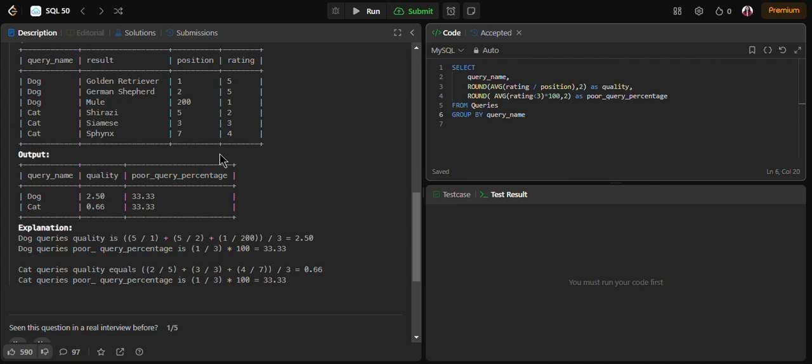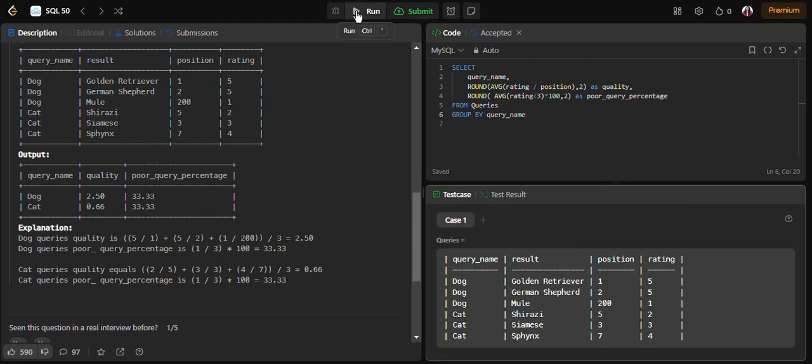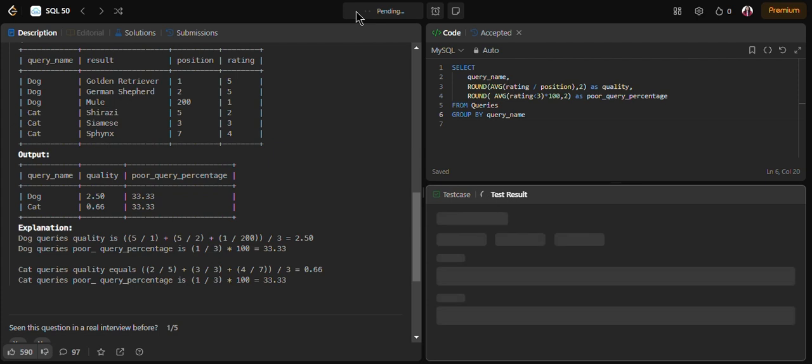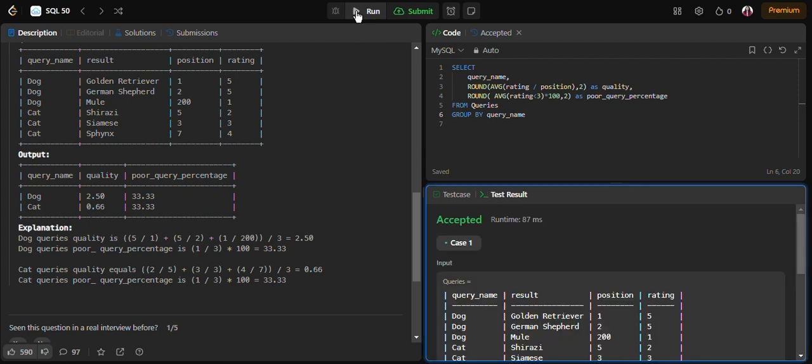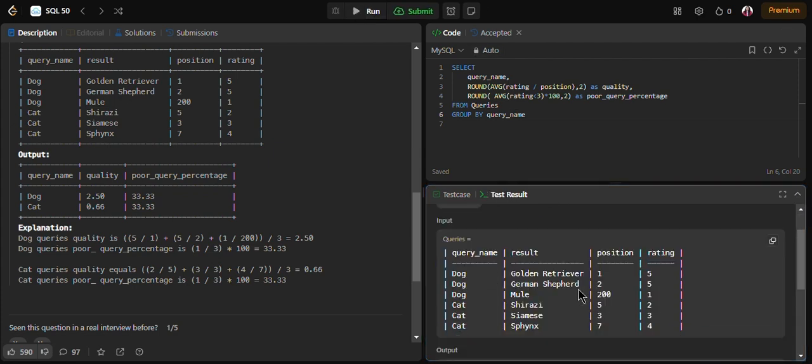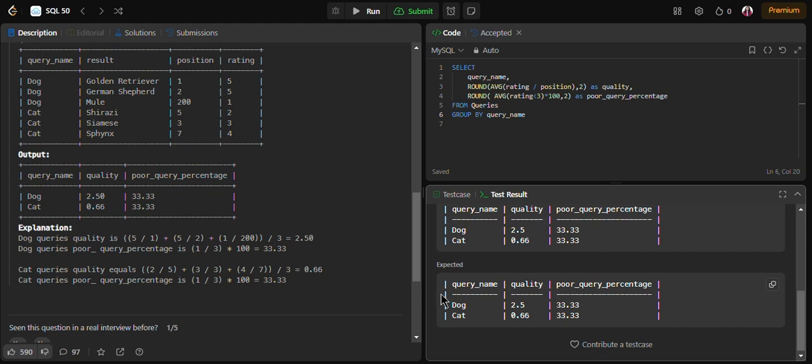I'll simply run the query and see the results. Okay, so we have successfully got what we were looking for: the query name, the quality of the query, and